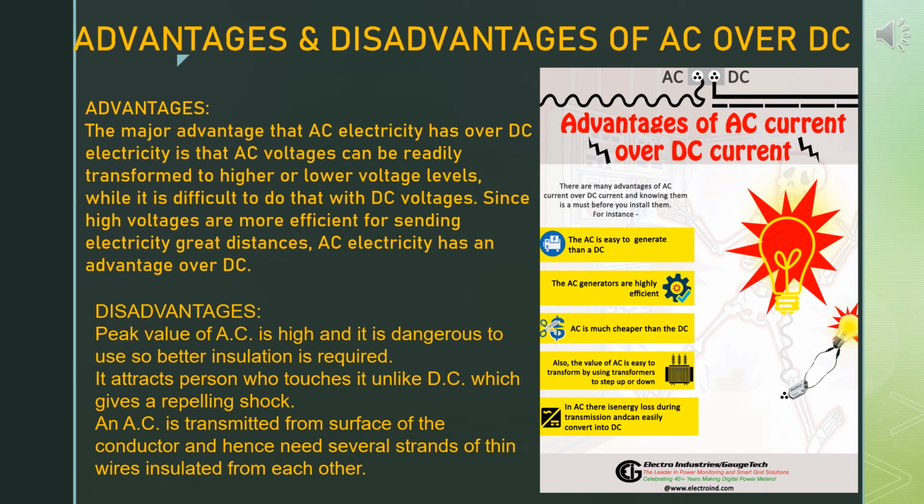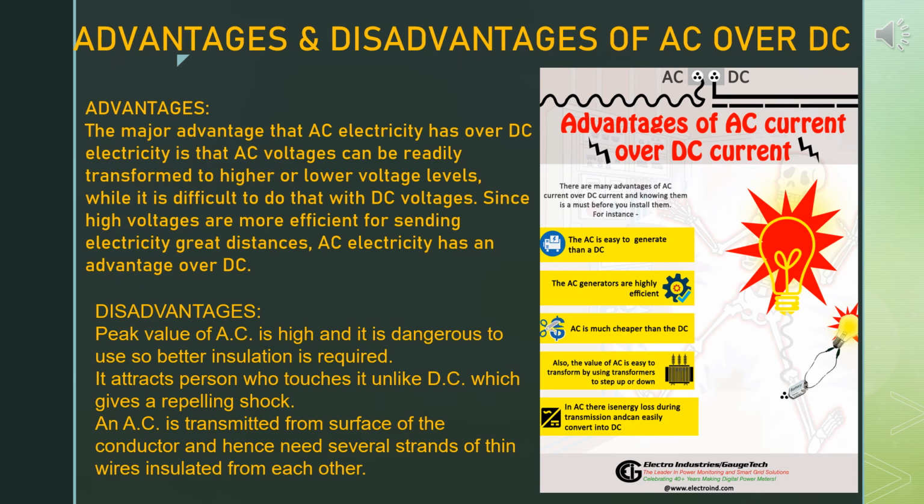So you can say the advantages of AC over DC, according to your book: the cost of generation of AC is less than that of DC. AC can be easily converted into DC using a rectifier. AC can be controlled without much loss of electric power compared to DC. AC can be transmitted to distant places with little loss of electric power compared to DC.